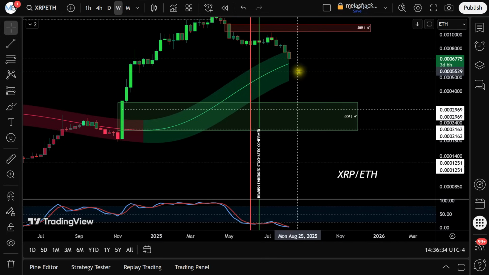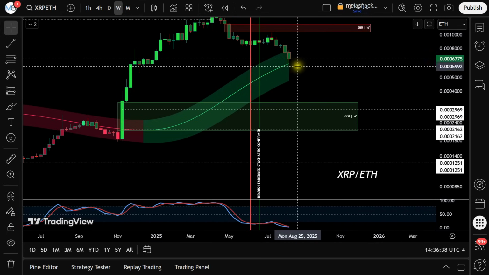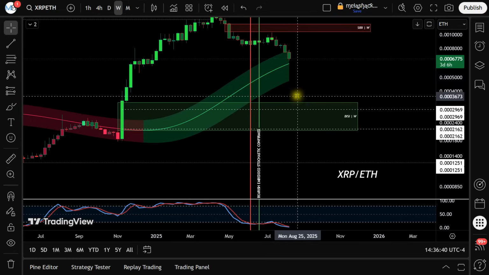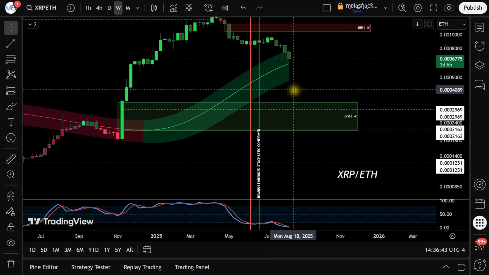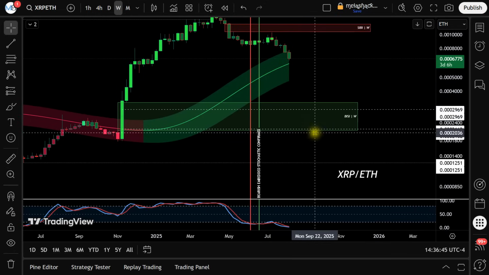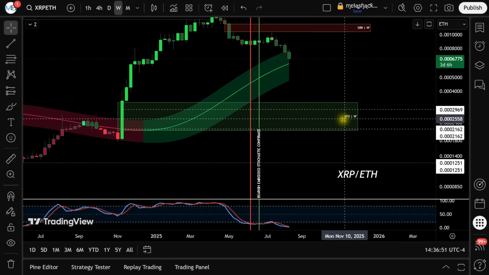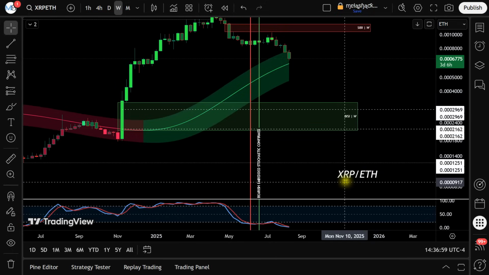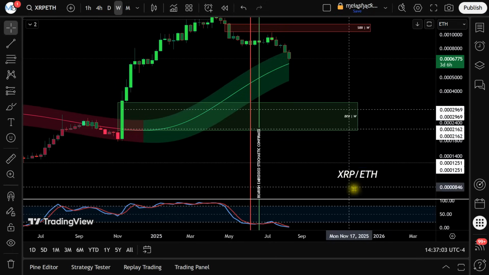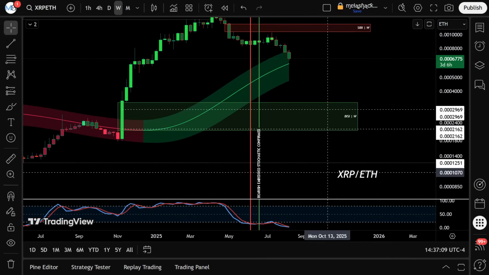But the great thing about this chart is we can keep an eye on this for the reversal point, because odds are when price finally bottoms, which is likely to occur somewhere around either one of these targets, it's not guaranteed, but it's what I'll be watching for. When we see the reversal on this chart moving up, that will be XRP starting to appreciate against Ethereum, which could potentially tip us off to the next leg of the altcoin season, which, as I mentioned earlier, I believe